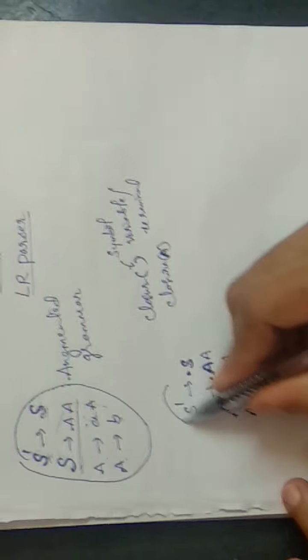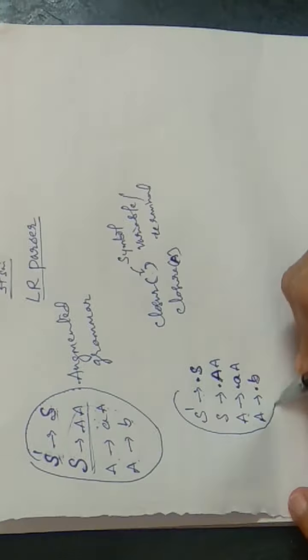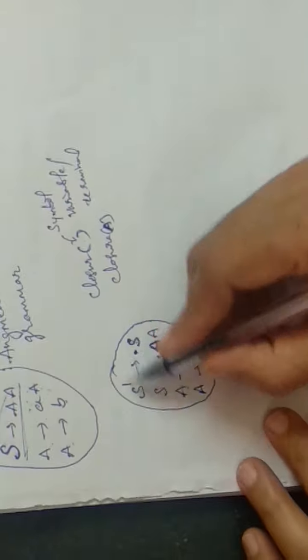item, right? So now when you introduce a dot in the right side body of the production, then this becomes the canonical set of items. These productions, we call it the canonical set of items. Okay, so now I'll introduce this as one state and I'll name it I0. Now we are going to construct the transition diagram from this canonical set of items.